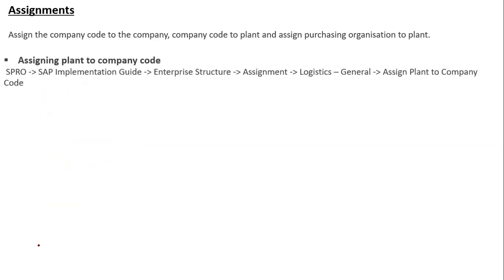So assigning plant to company code, this is the menu path. In enterprise structure, we have selected define the organization structure, and once we create the organization structure, then we click on assignment.